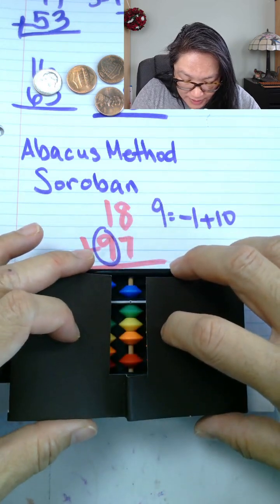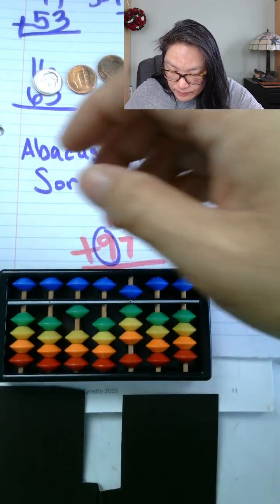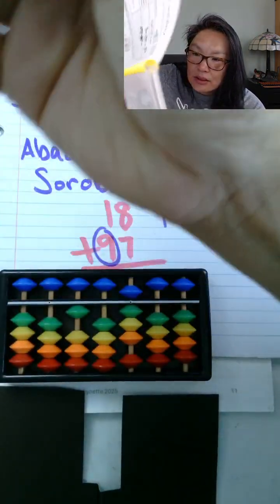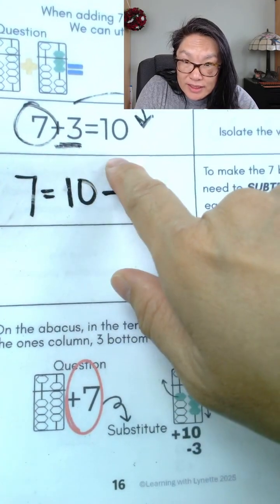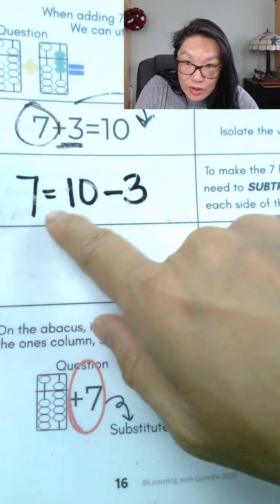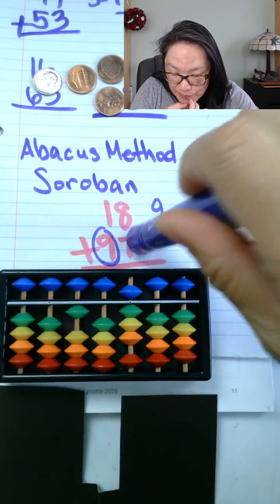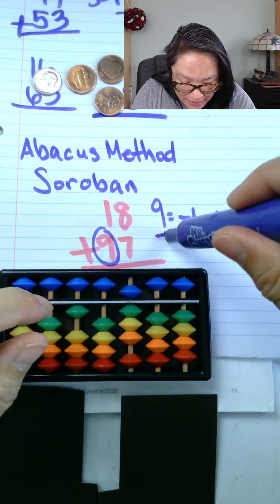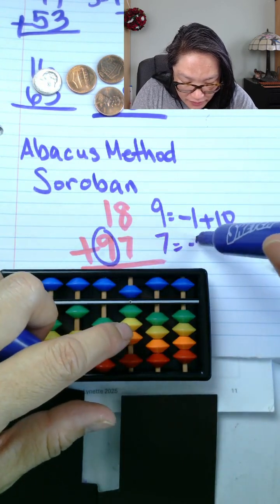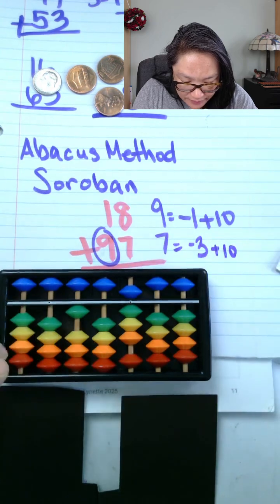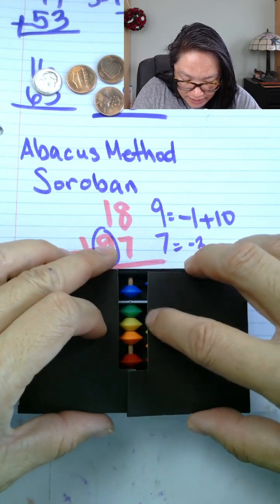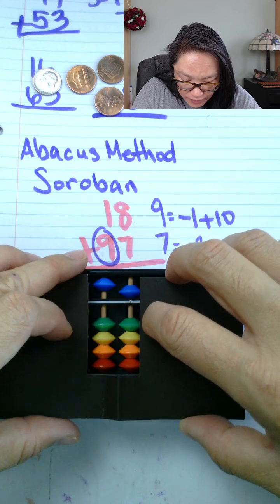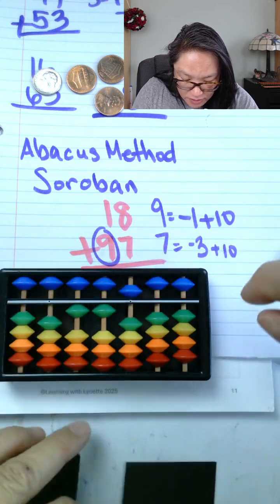And then we do plus 7. Plus 7, we know, is 7 and 3 equals 10. We isolate our variable, we do 10 minus 3. So what we're going to do is add the 7. To add the 7, we minus the 3 plus the 10. So what does that look like? We're going to take away the 3, and then we're going to plus the 10. So my final answer is